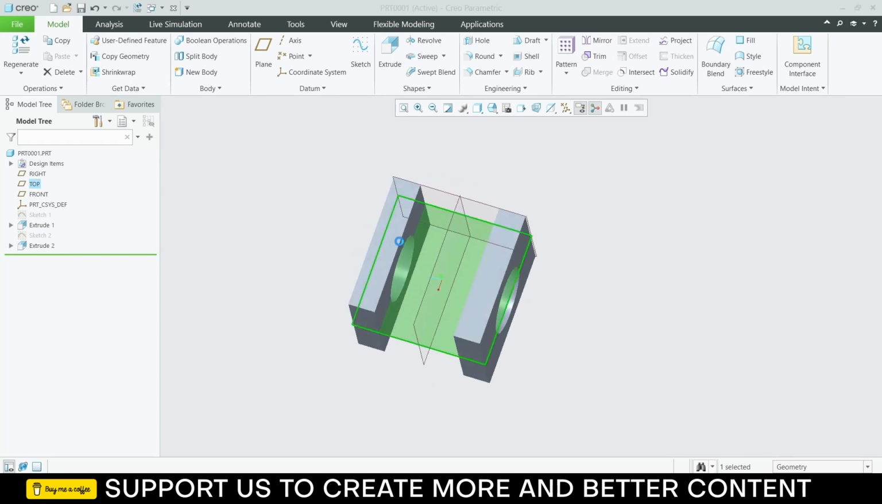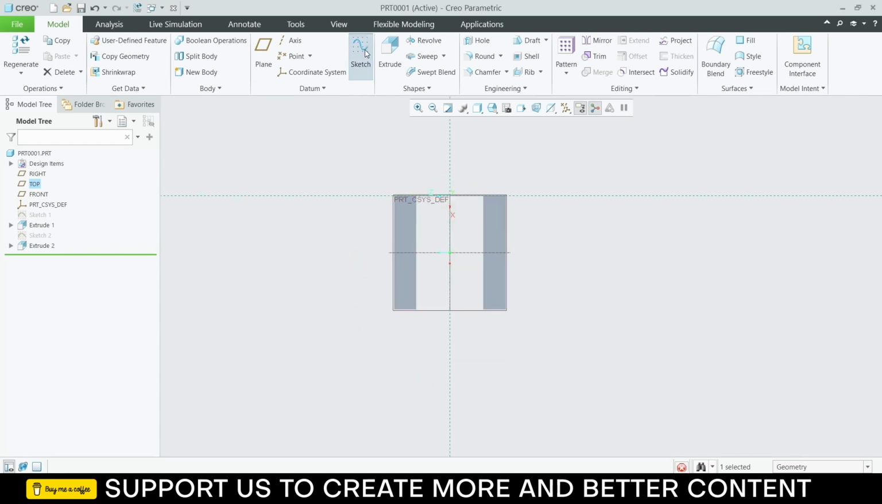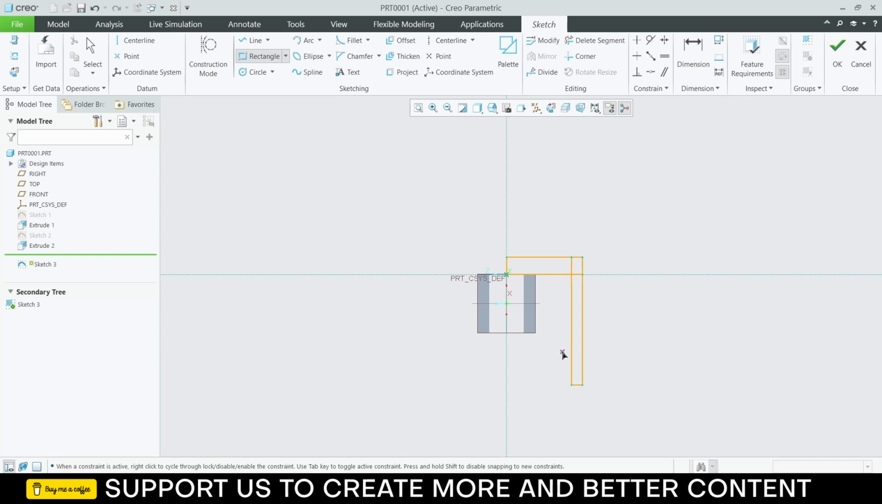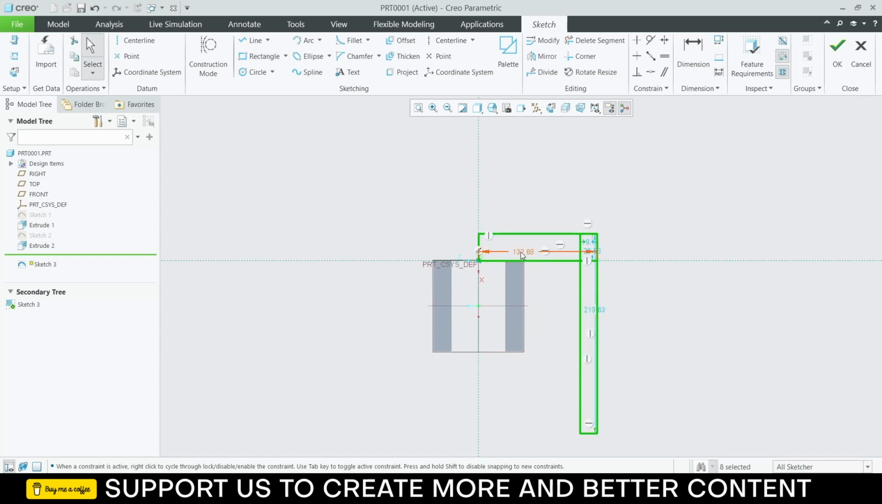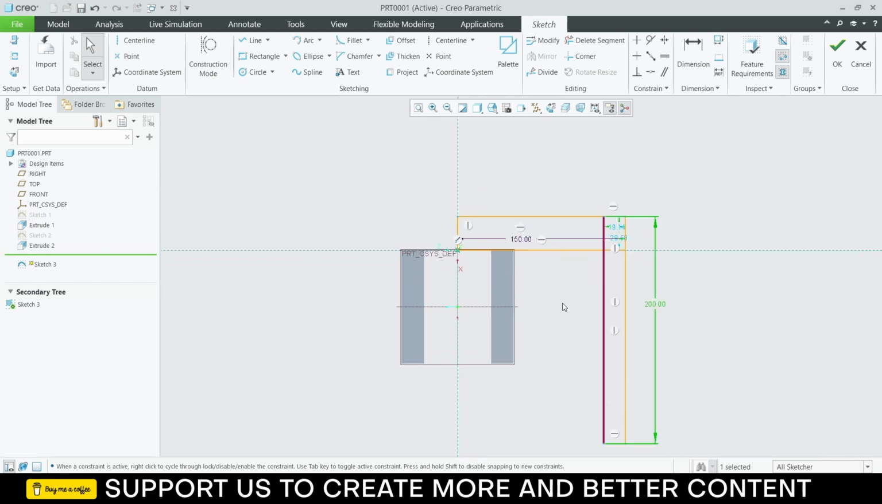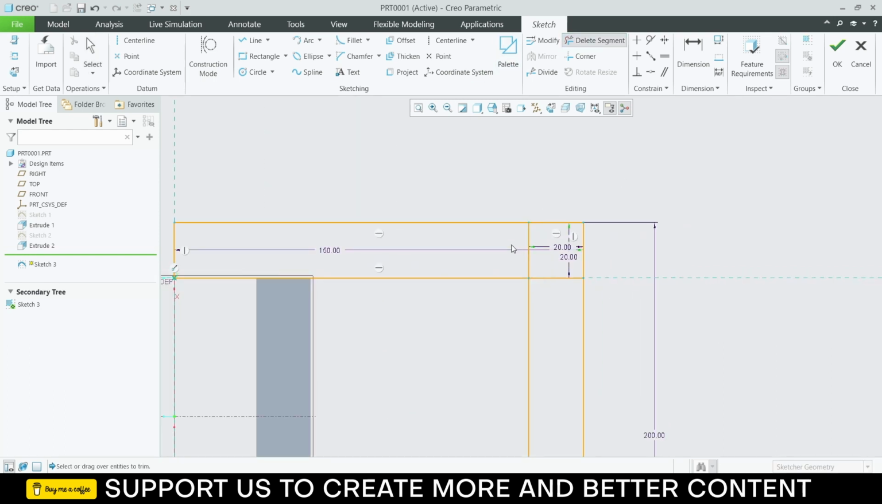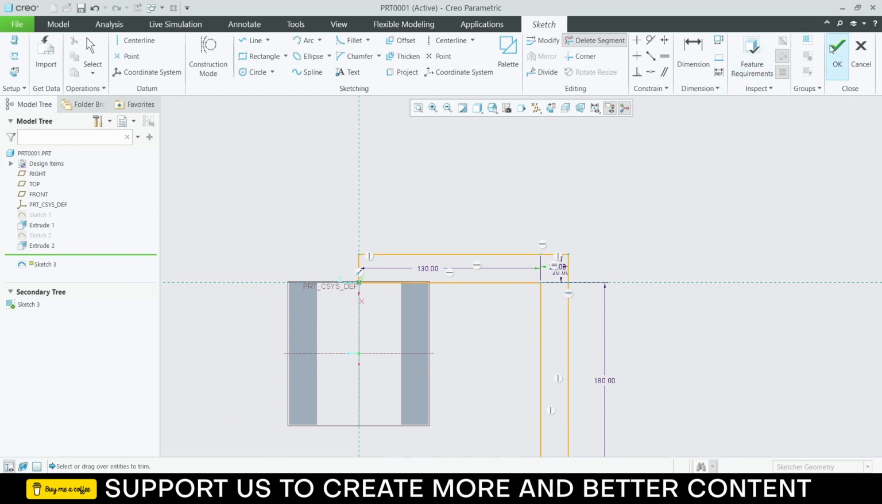select this plane, click normal to the screen, click on sketch, click on corner rectangle, click on the middle mouse button, 150, 200, 20, 20. Click on delete segments, delete these segments, click OK,